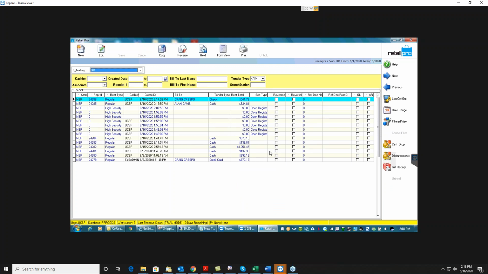Okay, and that does bring us to the next point in our agenda. I'm going to go ahead and run through a little bit of troubleshooting. There are a few times where you get calls in and people are taking a look at their receipt screen and they're not seeing all of their receipts, or not seeing a receipt from yesterday that they know should be in there. One thing that we always are going to tell you to do first is check your date